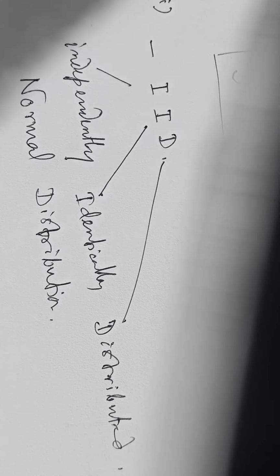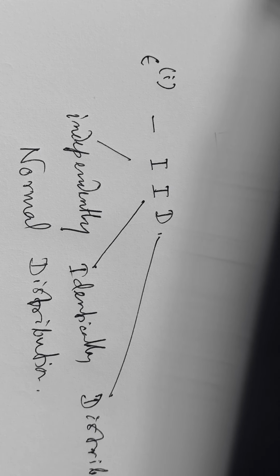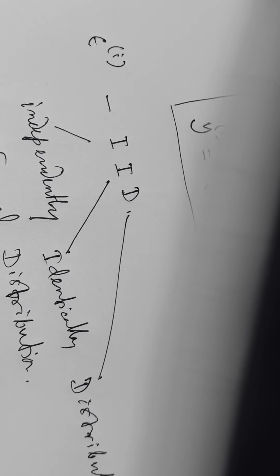Normal distribution. So obviously our variable epsilon must follow the property of Gaussian or normal distributions. Those who are aware can skip this, but if you have forgotten, you can recapitulate that the property of a normal distribution is that the mean is 0 with some variance sigma square. So 0 is the mean and sigma square is the variance.